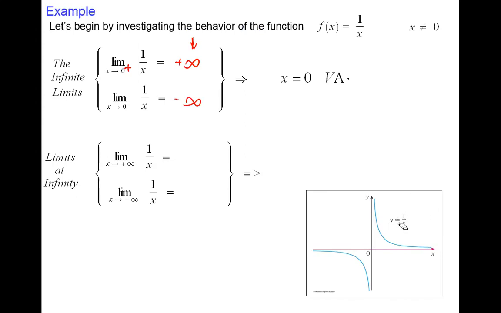Like 1 over 10, 1 over 100, 1 over 10,000, 1 over a million. Always when we divide by a huge number, 1 over a huge number is a small number. That means this is 0 and this is also 0. This goes through the negative side, below the x-axis, but it's also approaching 0,